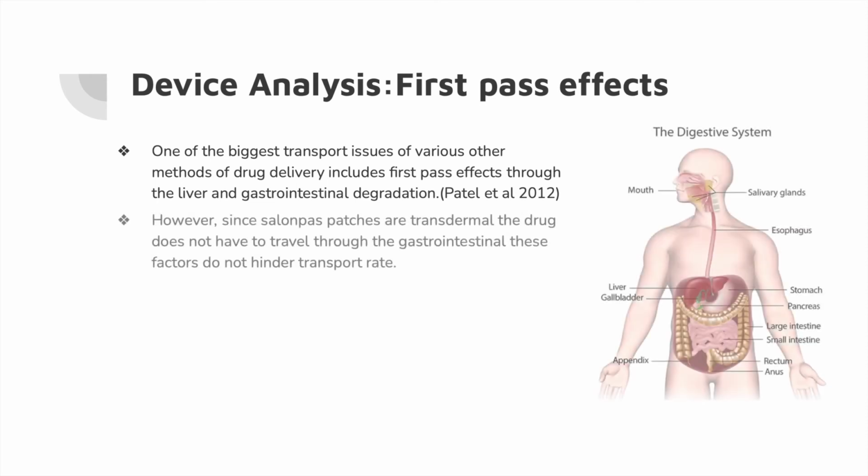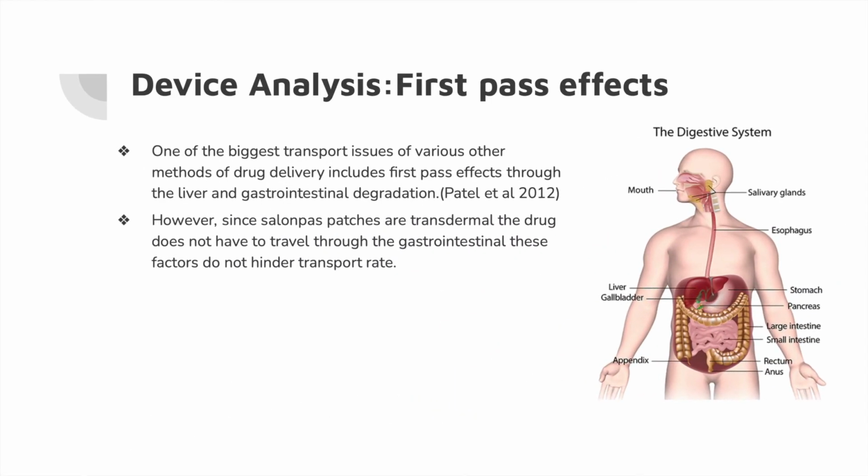One form of drug delivery where this has to be taken into account is through oral administration. During oral delivery, the drug moves from the mouth through the GI tract and liver before reaching the systemic circulation. When in the systemic circulation, the drug can be transported to the desired location or target cells. Throughout this delivery, the drug may face metabolic processes such as the acids and enzymes in the stomach, intestines, and